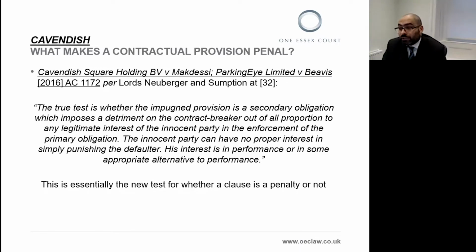Having acknowledged that, their lordships then recast the rule against penalties. And at paragraphs 31 to 32, they concluded as follows. The real question when a contractual provision is challenged as a penalty is whether it is penal, not whether it is a pre-estimate of loss. These are not natural opposites or mutually exclusive categories. A damages clause may be neither or both.